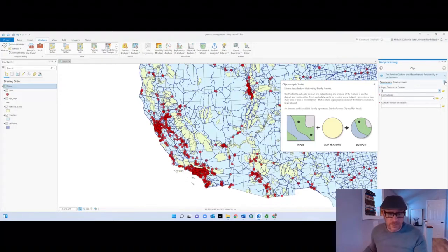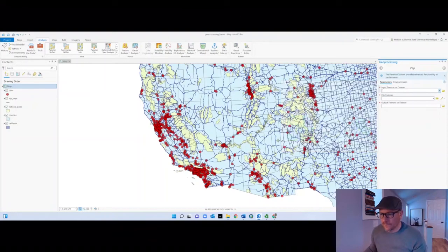Our input will be, we'll start with counties first. Okay, so that's our big field. Our clip feature is going to be California, and therefore our output will simply be those counties that fall within California. And that can help too as you're going through, if you're not exactly sure which one's the input feature or the data set versus the clip features, you've got this little